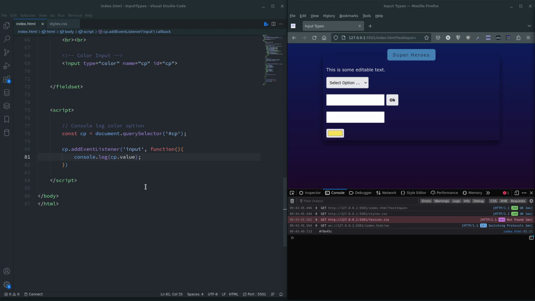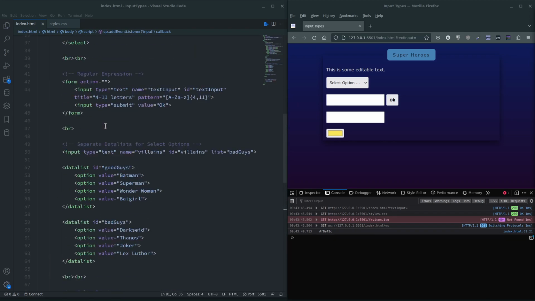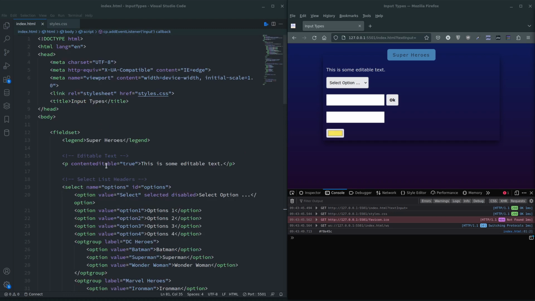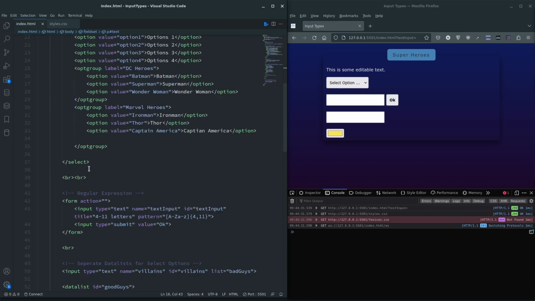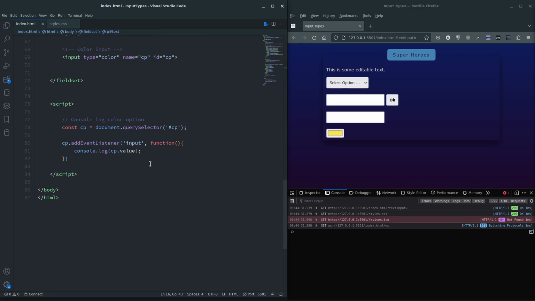It won't stay that colour when you refresh the page unless you store it in local storage or a database or something, but we can have a quick look at how to do that. So if we go up to this text here, let's give it an ID of something dull like text, save. Then we go down to the JavaScript down here and we'll say